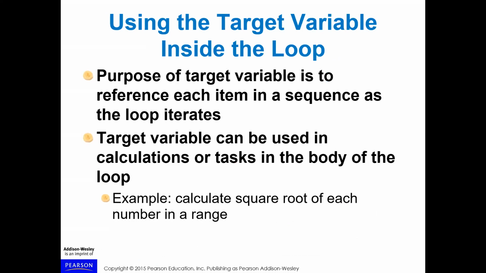Using the target variable inside the loop. The purpose of the target variable is to reference each item in a sequence as the loop iterates. That's the idea that you have some variable for i in range. So the target variable can be used in calculations for tasks in the body of the loop. For example, calculate the square root of each number in a range. You have a list of the numbers in the range, and you can calculate the square root